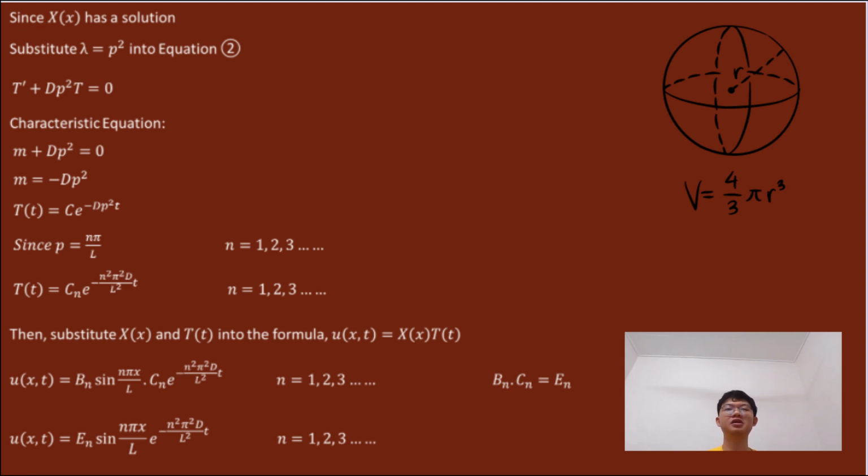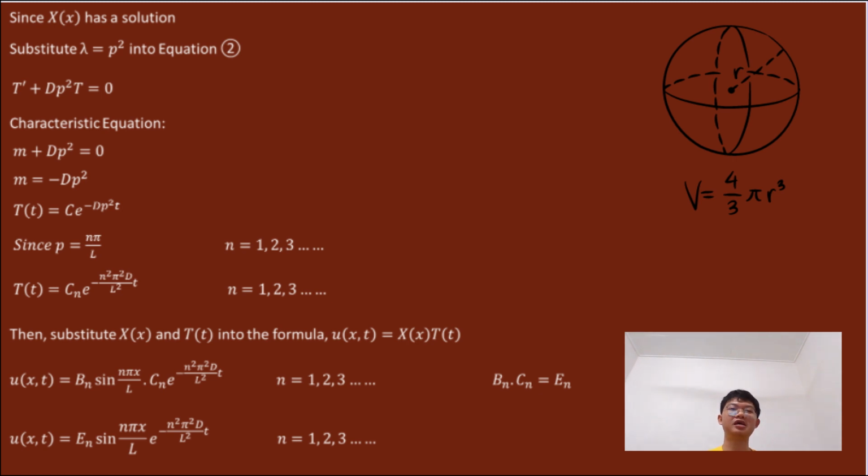Then transform it into the characteristic equation, which is n plus dp squared equals 0. Then we will get the root, which is n equals negative dp squared. According to the root, we will have the function of t, which equals c, a constant, times exponential power of negative dp squared t. Since p is equal to n pi over L, the function of t will equal cn times e to the power of negative n squared pi squared d over L squared times t, where n is equal to 1,